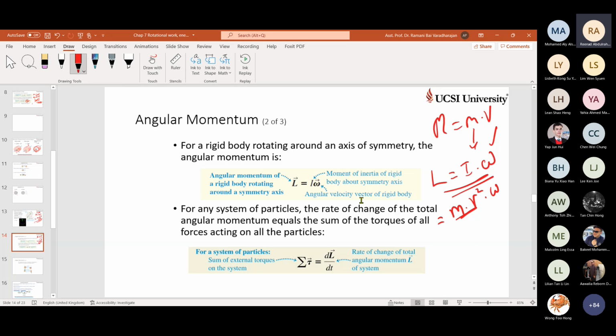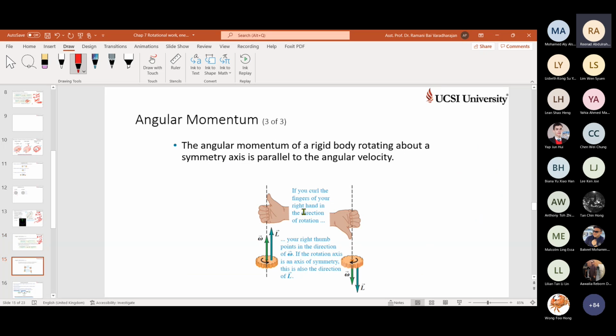Okay, any question? All rotating about the axis, that is important. Without the axis, there is no rotation, right? It becomes translational or displacement kind of motion. Further to explain, the angular momentum of a rigid body rotating about the symmetric axis is parallel to the angular velocity. If it is a symmetric object, what is a symmetric object? Cutting a section will leave equal halves on both sides, right? If it is a square, it is symmetric. Circle also is symmetric. Cut anywhere, you will have equal halves.